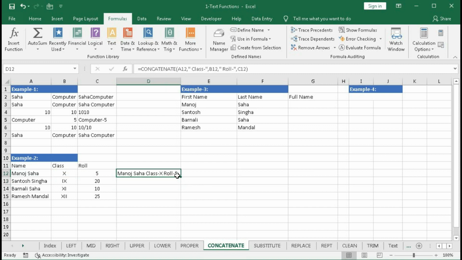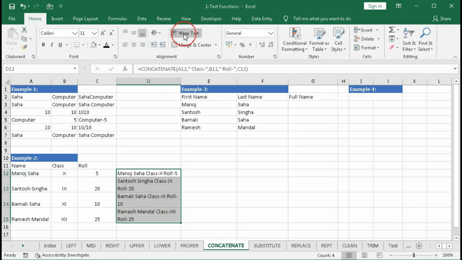Now if I drag this and wrap the text, you can see the text is wrapped, but it is not the way we want it. We want the first name in the first line and class and roll number in the second line.